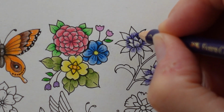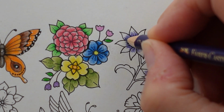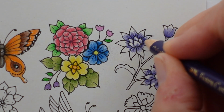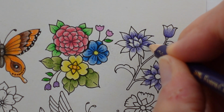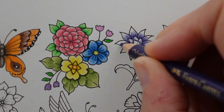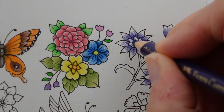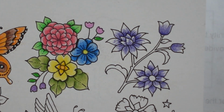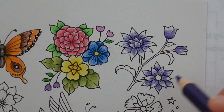So I hope you can see what I'm doing. I'm just extending this little area of colour further up the petal so that we get slowly lighter. It may be that I want to come in with some more shadows at the end to help really see the difference in colour. That looks a bit...